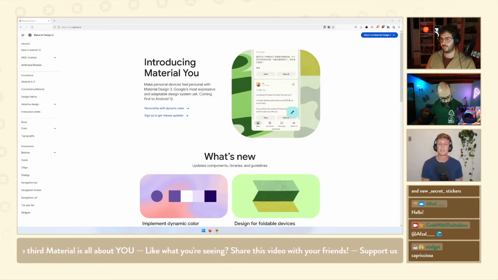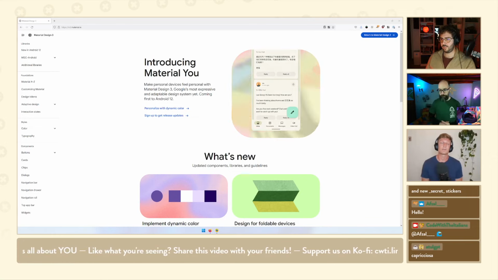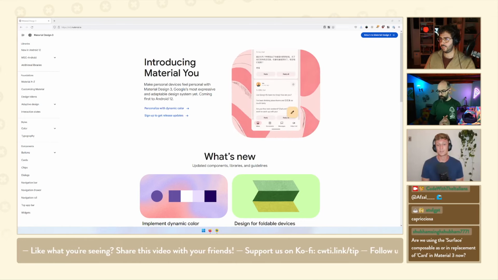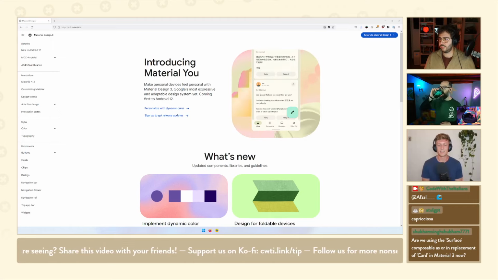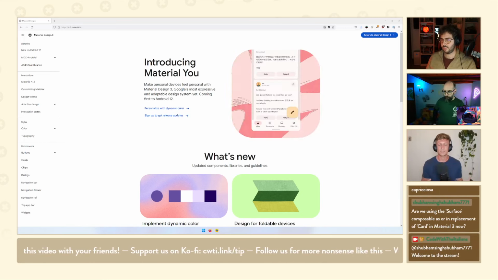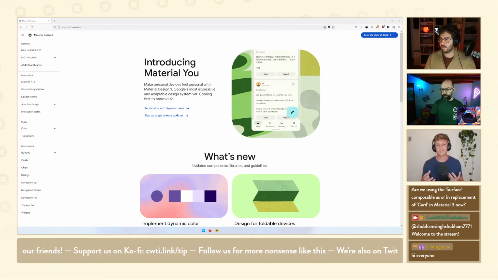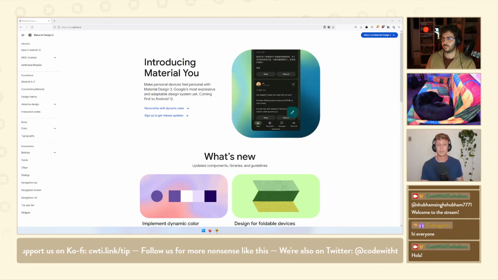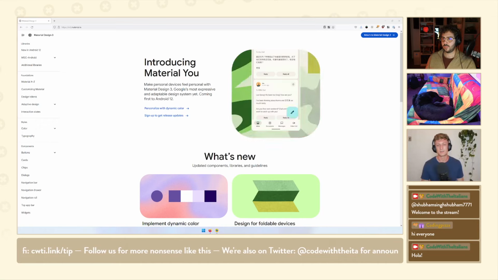It's a fine balance. Personally, the way I like to see it is that, first of all, I think most Google apps are going to adopt it. But the one thing that perhaps is interesting about most Google apps before this Material U and Material 3 brand was that a lot of them were using a neutral palette. Pretty much all the Google apps were a white color. They didn't use too heavy use of color in the actual background of the app, in surfaces and backgrounds, and even in app bars, it was pretty much all white branding, and then you'd occasionally see a Google plus sign in the Google colors, but very, very minimal.